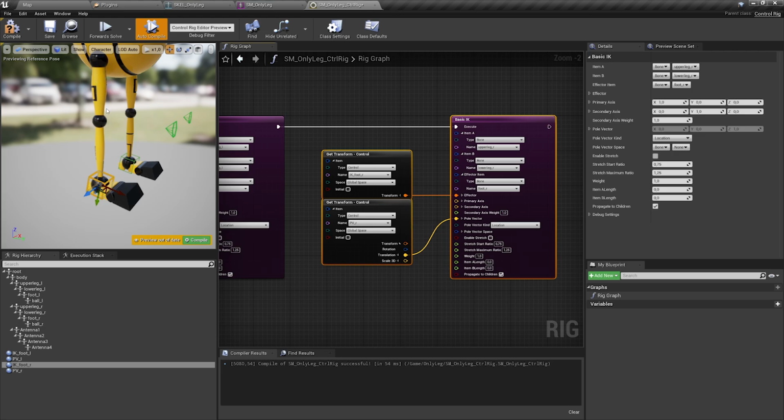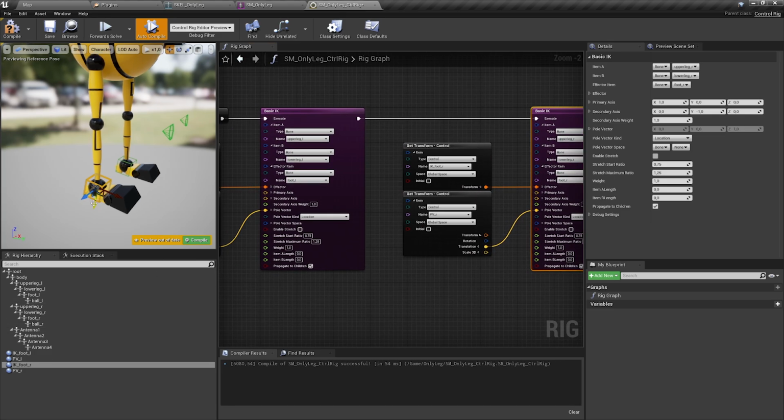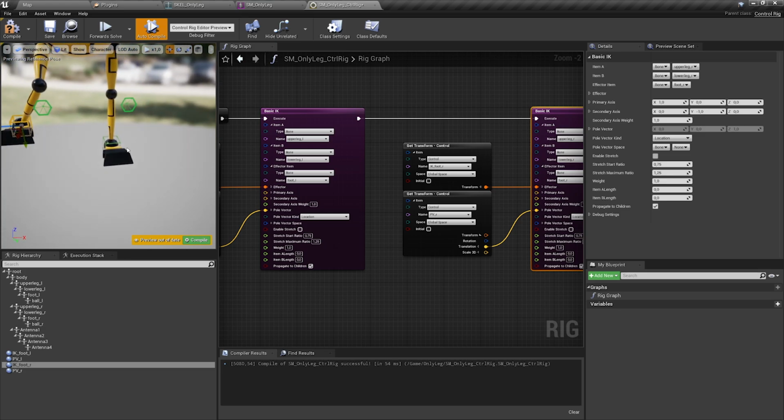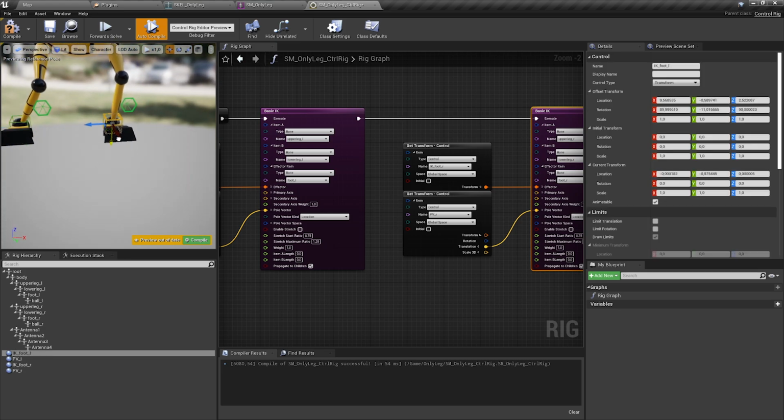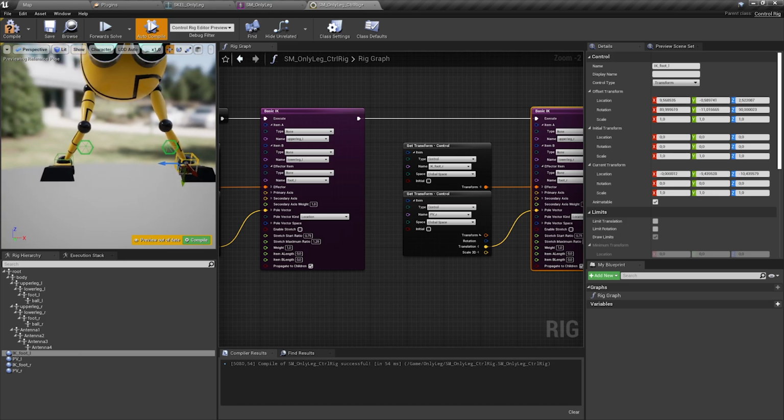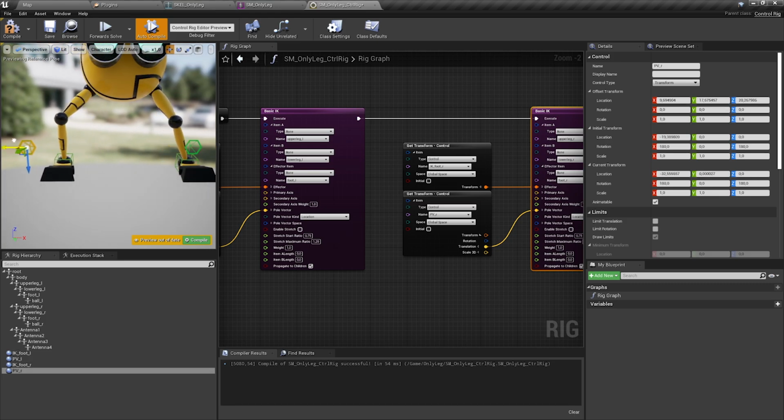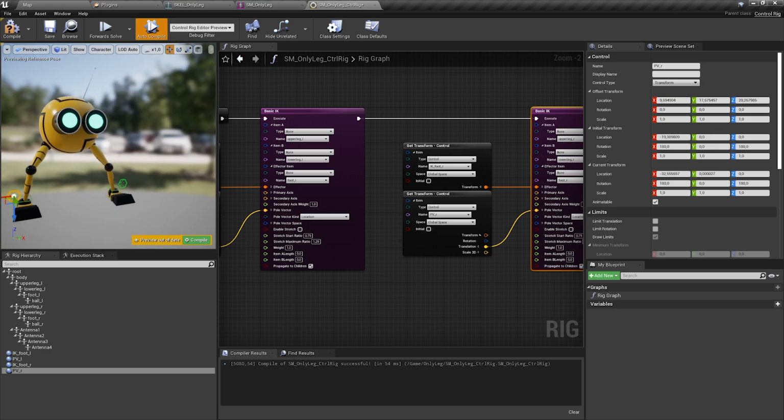So now it is aligned to that. The only thing I have to change because of my bone orientation is the secondary axis. So my leg is rotated in the right direction for this. Now I have it ready. So now I can have both legs with IK and a pole vector done in just a few minutes, and that would be already nearly ready to animate.